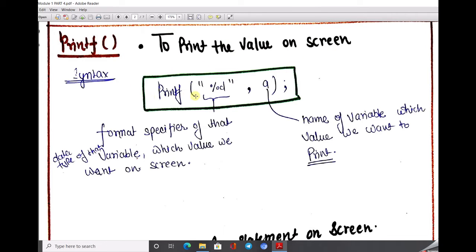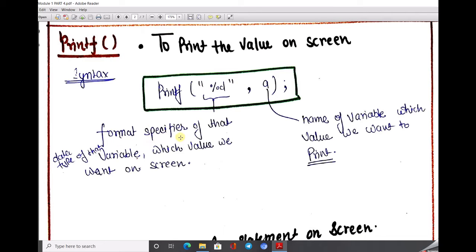For example, if I write printf percent d, then this is basically a type of format specifier, and a is our variable, which is of type integer. The compiler can take the value of a and print it on the screen.